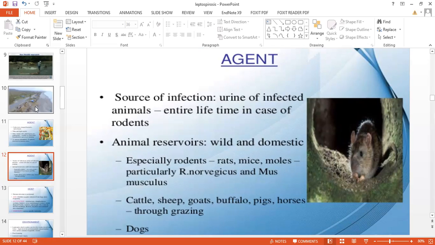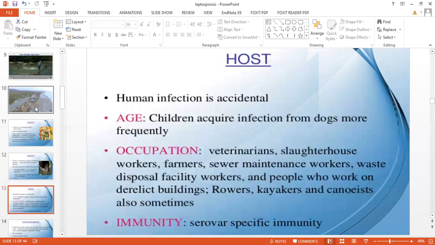Animal reservoirs are wild and domestic, especially rodents, rats, mice, moles, particularly Rattus norvegicus and Mus musculus. Also cattle, sheep, goats, buffalo, pigs, horses at grazing, and also dogs. Humans are the accidental host. Children acquire infection from dogs more frequently. And occupation, as I said earlier: veterinarians, slaughterhouse workers, farmers, sewer maintenance workers, waste disposal facility workers, and people who